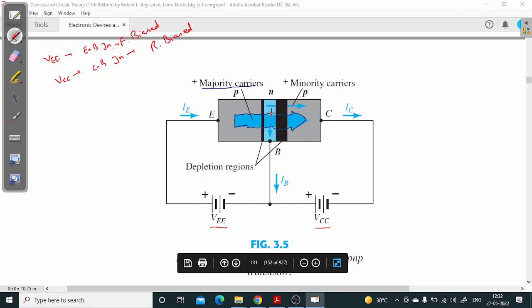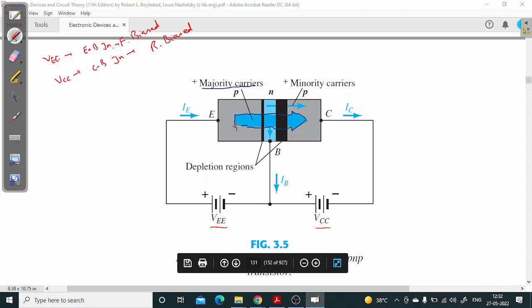And we have connected VCC, which is making this collector-base junction reverse biased, and the polarity of this VCC is such that it will attract the positively charged holes coming from P towards N, and they will jump this depletion region and enter into the collector region,